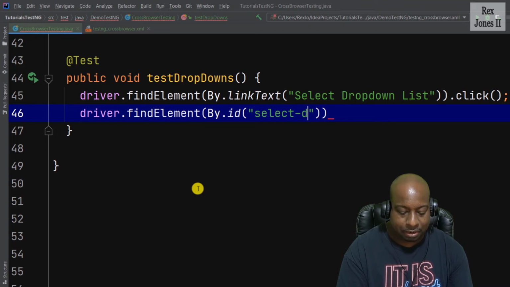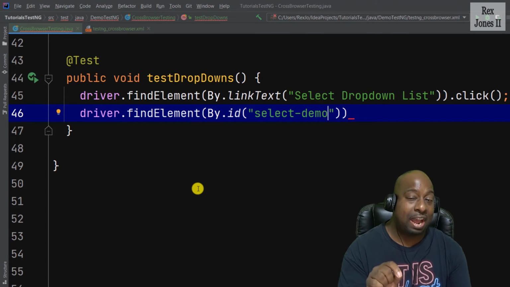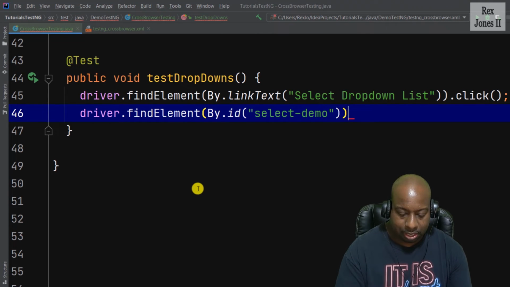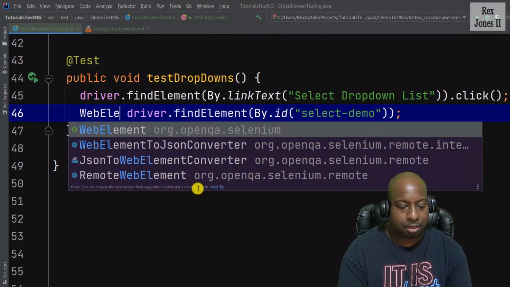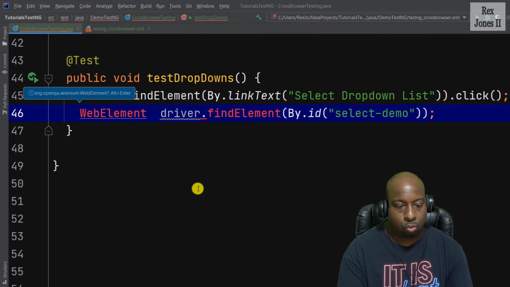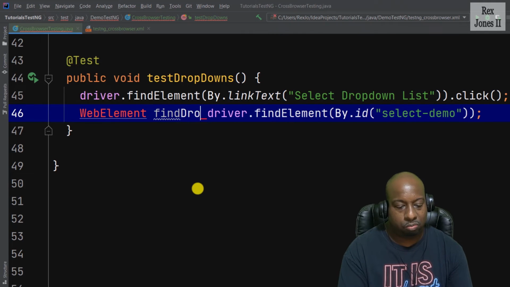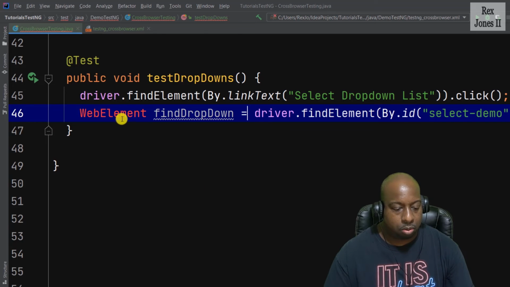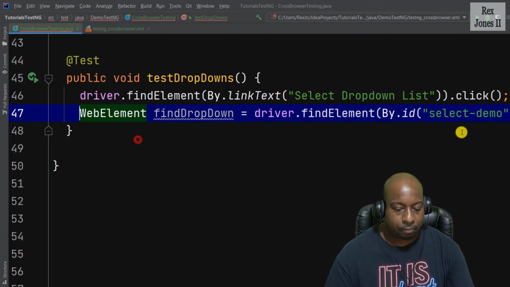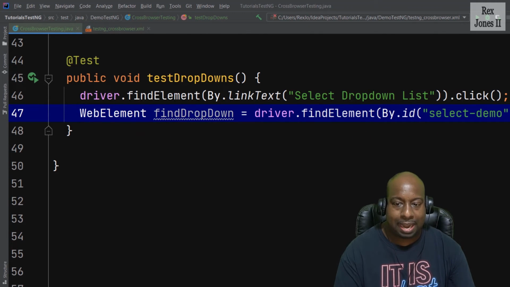Select-demo was the ID value. Then we assign it to web element find drop down. Let's import web element. And once we import the class, well, it's actually an interface, but it shows import class. The next step,